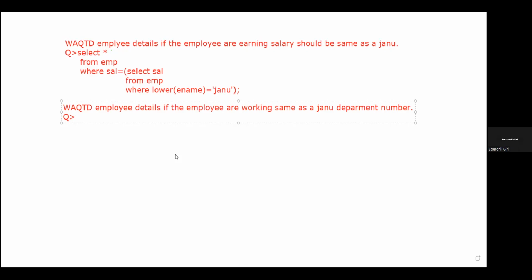Select star from EMP, then where department number, or department ID, or DPT number, is equal to